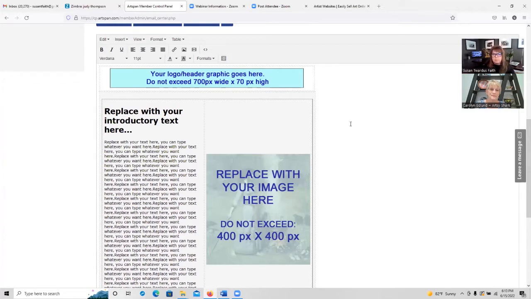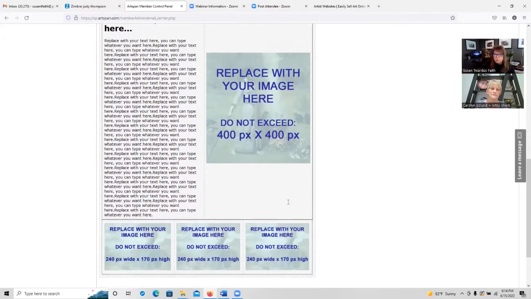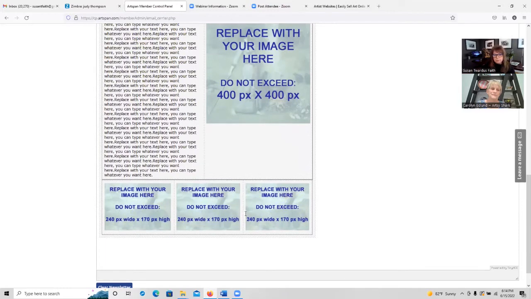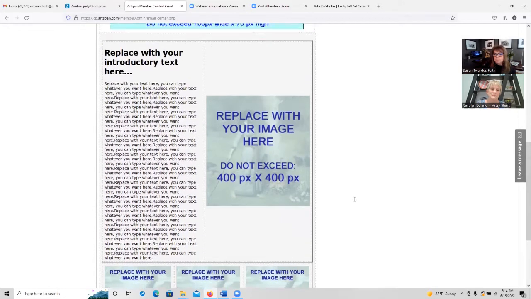One of the things I recommend is to have everything set up and ready to go before you start, especially your images. As you can see, these image areas are already formatted and they do not exceed 700 pixels for the banner on the longest side, 400 for the body images, and then these smaller images, the largest side should only be 240 pixels.